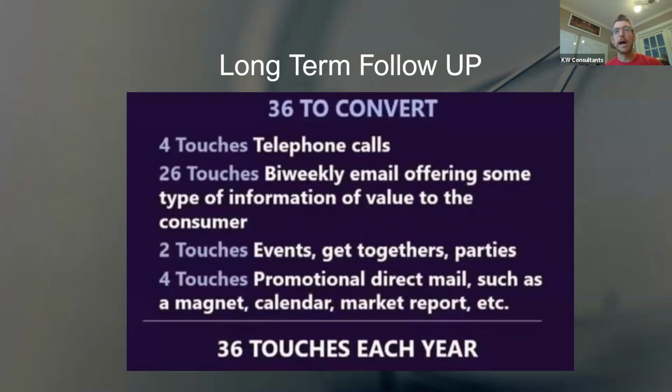26 biweekly emails. So the easiest emails to send out are to set them up on a monthly neighborhood nurture smart plan within Command. That's going to send them updates on what's happening in their neighborhood once a month. You can do it bi-weekly, but I feel like for the average consumer that's years away from moving, bi-weekly might be a little much. But I think definitely once a month is valuable.